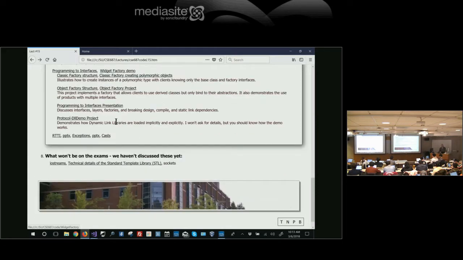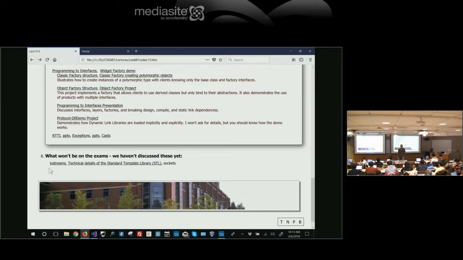What won't be on the exam? The details of I/O streams. But you need to know how to open a file and check to see that the open was successful. I'm going to ask you to write code, and you may have to write that kind of code. But you don't need to know all the witchy little details about streams and the way they work.